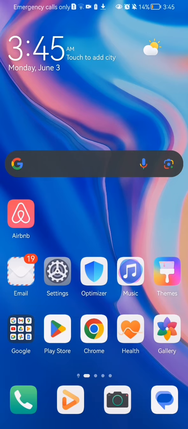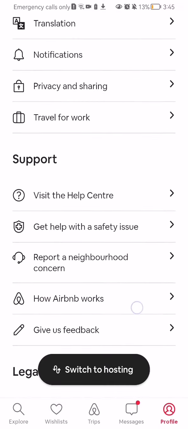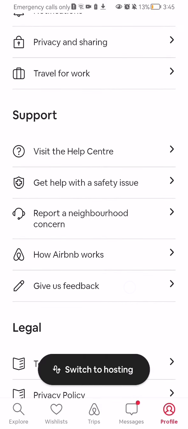The first thing you need to do is enter the app. After you have done that and you are in the home page, you should look down below and in the right corner you will find the profile option. Press on it. Now you have to scroll down a little bit. I have already done that, and under the support category you will see the first option, which is visit the help center. Press on it,